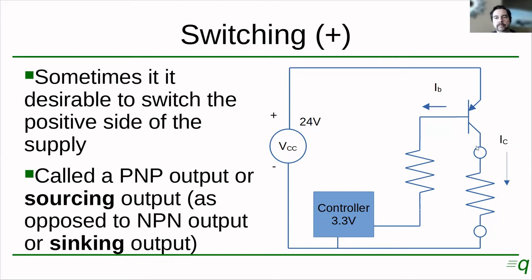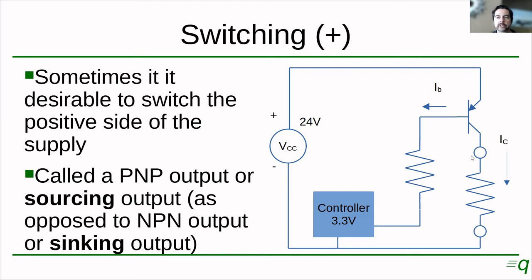This is usually called a sourcing output, or a PNP output sometimes. That means that the load is connected to ground permanently on one side, and the output of the device, assuming this is some other kind of device, is switching the positive side of the supply. The ones we studied in the previous class are called sinking outputs,